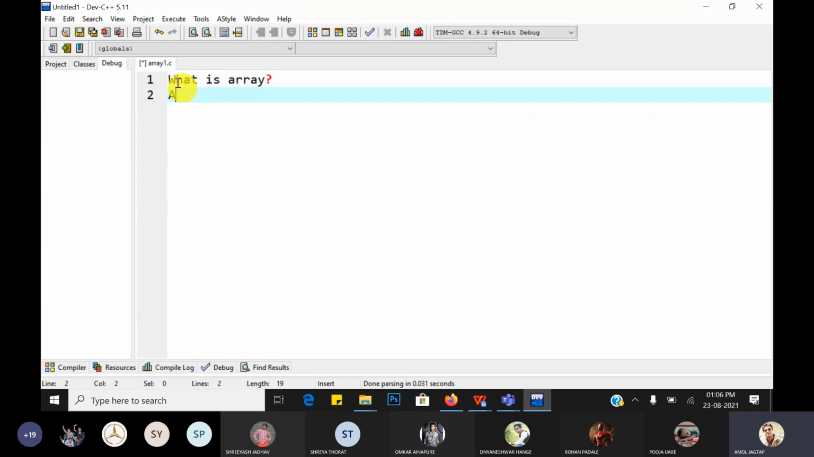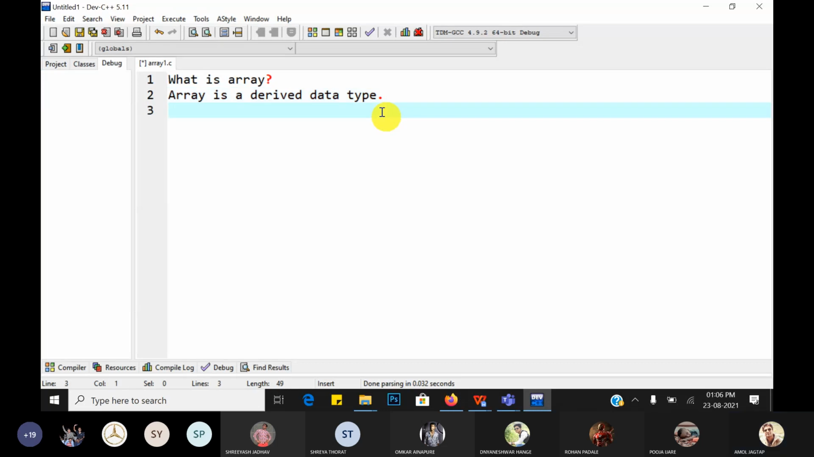So array is a derived data type. Great. So array is also a data type, and which type of data type? Derived data type. Derived means inherited from other data types such as built-in or user-defined data types. For example, suppose we want to store... okay, before that,